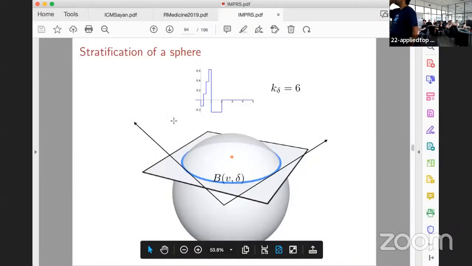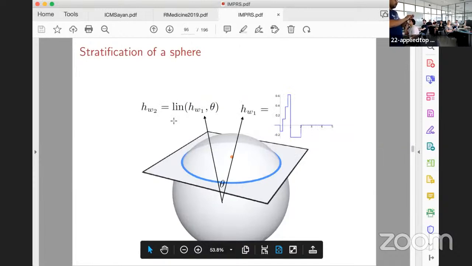So this is a picture that I really want to highlight. This is actually what's happening physically, but it's also what's happening mathematically. We sweep in a direction, okay? And let's say we compute the Euler curve right at that orange point, and that's what it looks like. If I move to a cone nearby, there's going to be a linear relation between that orange point and a new orange point. So basically what's happening in terms of the tameness and the flatness is you're stratifying the sphere